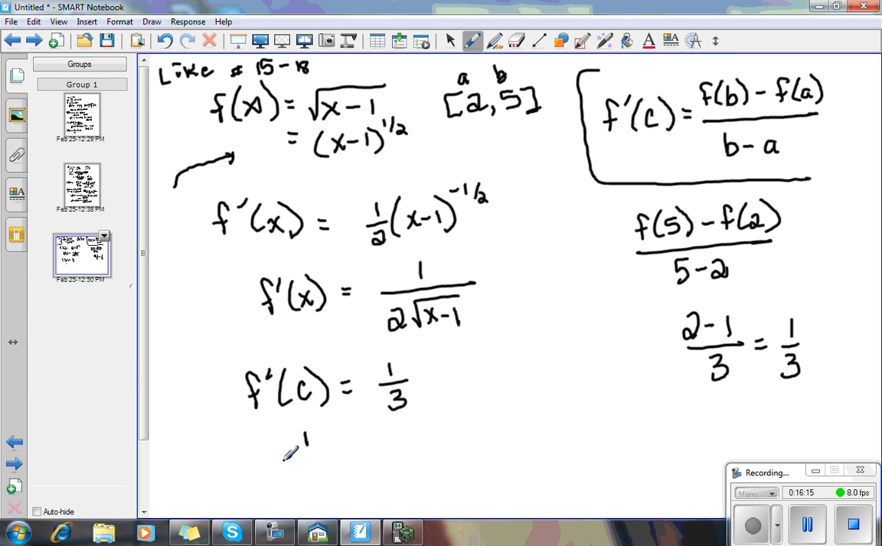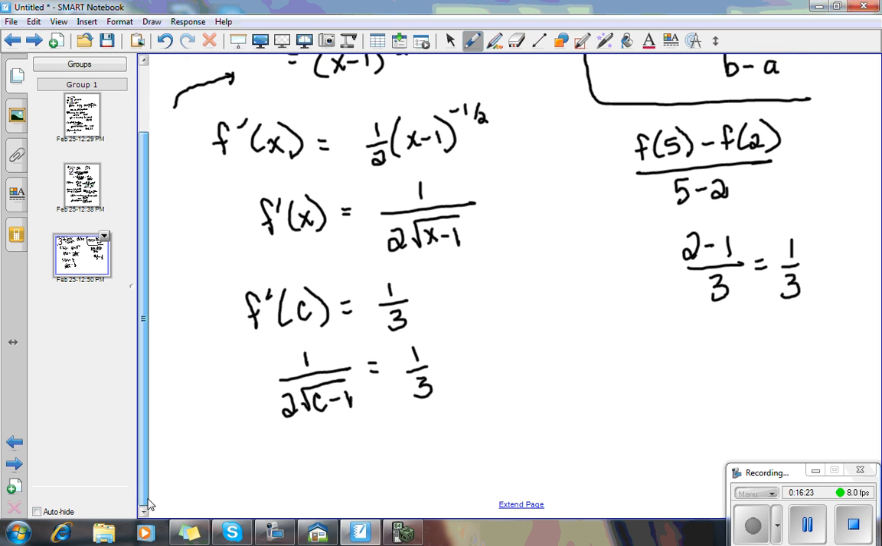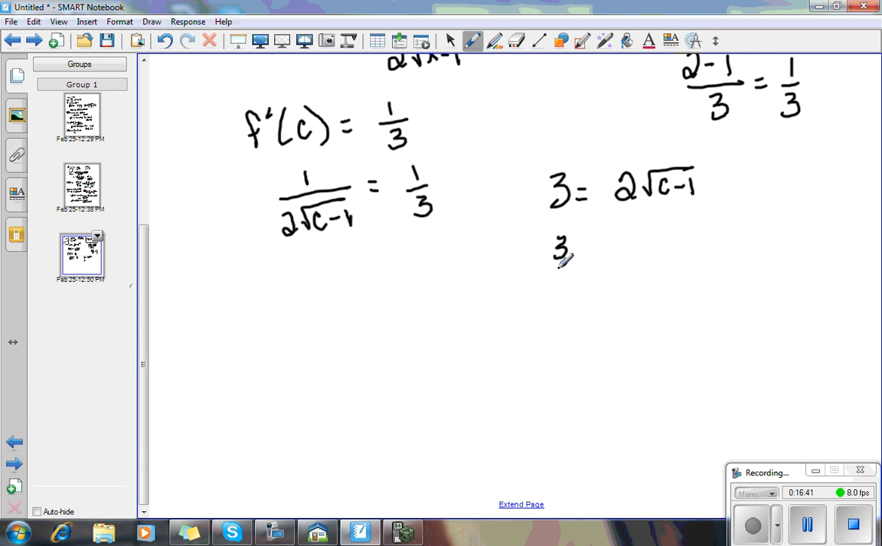So I want to know what the answer to this is. Okay? So we're solving for the c minus 1. We could do cross products and say 3 equals 2 times the square root of c minus 1. I can divide both sides by 2. I get 3/2 equals the square root of c minus 1. I could square both sides, and I get 9/4 equals c minus 1. And I could add 1 to both sides, and I get 13/4